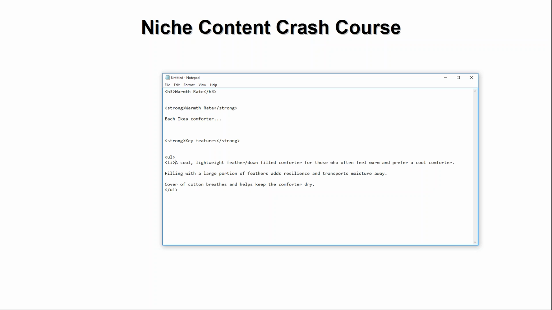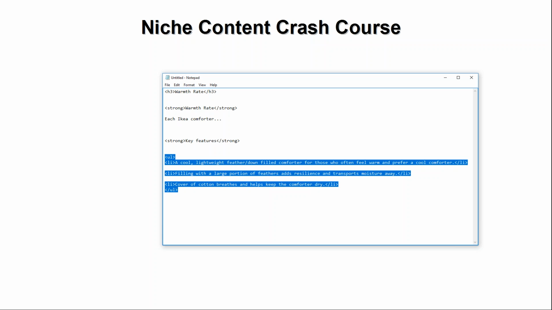And this is done with another tag, the LI tag. So you have an opening LI at the beginning and a closing LI at the end of each of your lines. So I just copy those closing tags and copy those opening tags and put them at the beginning and at the end of each of these sentences. So this is my entire list code now.